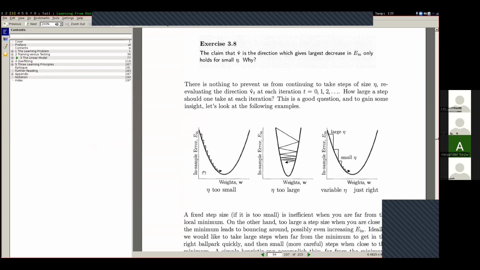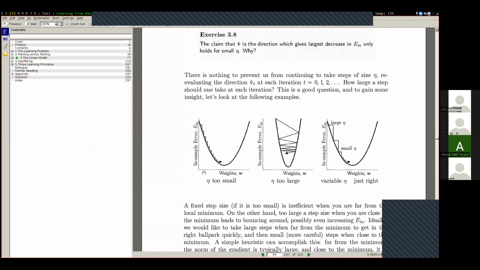This is a single dimensional slice of the loss function that we were looking at before. Now the x-axis here is single dimensional, and the y-axis is the actual error, this E sub n, what the contour lines were representing before. This eta right here is what the gamma was on the other paper. So the eta is our step size. And if your step size is really small, then you're guaranteed to eventually hit this minimum here